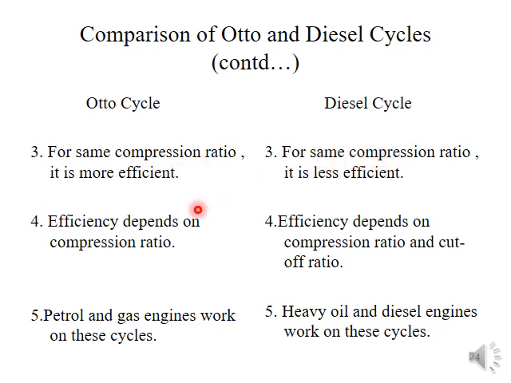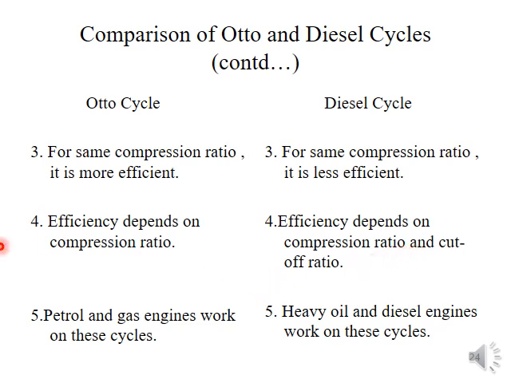And after that, write the efficiency formula for both the Otto cycle and the diesel cycle. The efficiency of the Otto cycle is 1 minus 1 divided by r power gamma minus 1. Whereas in the case of the diesel cycle, it is 1 minus 1 divided by r power gamma minus 1, times the bracket of rho power gamma minus 1 divided by gamma times bracket rho minus 1. So the diesel cycle efficiency depends upon both the compression ratio and the cutoff ratio.